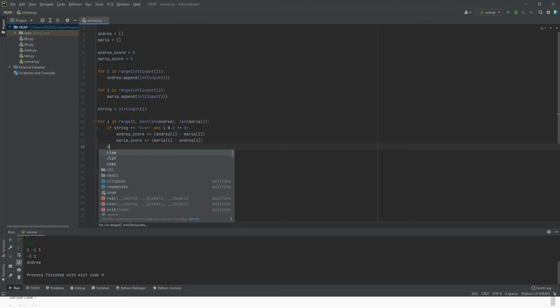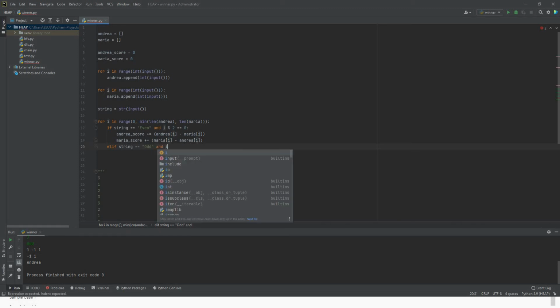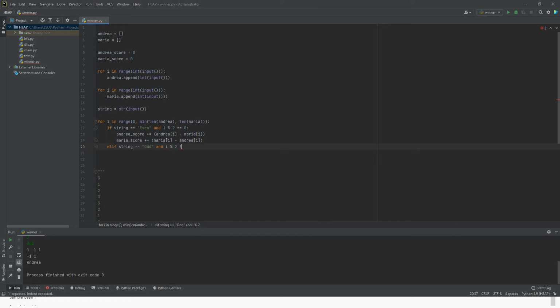It is a well-known approach of doing it, and it also increases the readability of your program. So always prefer that. If i percentage 2 is not equal to 0,